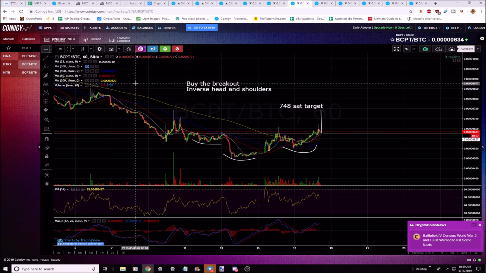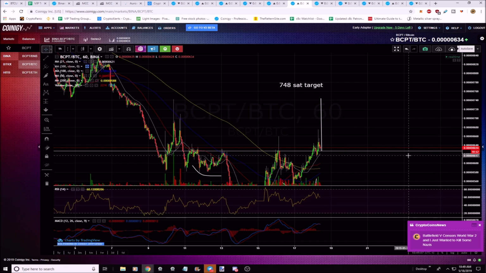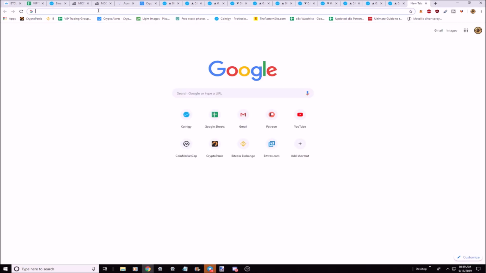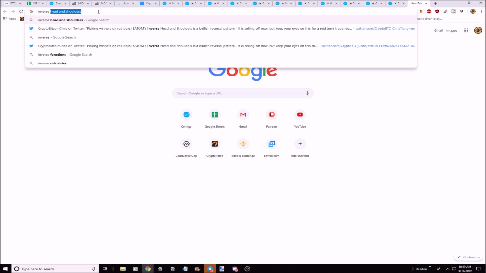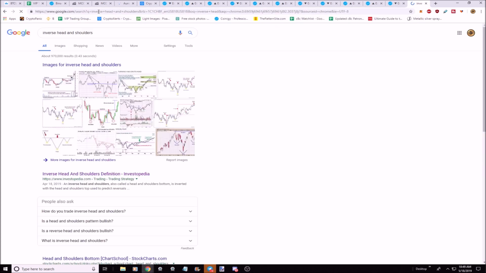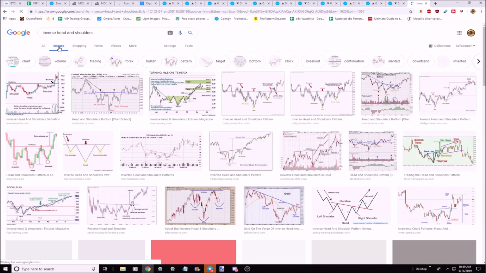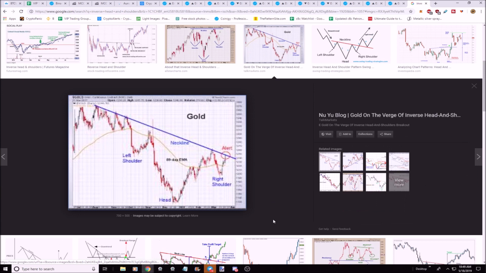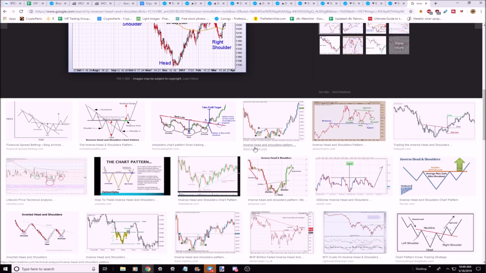This is Bitcoin Private, BCPT. And it broke out of an inverse head and shoulders. Side note: if you ever want to look at chart patterns, search inverse head and shoulders. Now these are going to be stock market, whatever, it doesn't really matter. Then you click on images, and you can see chart patterns for days. They're not all perfect inverse head and shoulders. Look at this one for gold. This is kind of ugly. People are like, Chris, that doesn't really look like an inverse head and shoulders. It's too messy. Listen, look at, you know, textbook,